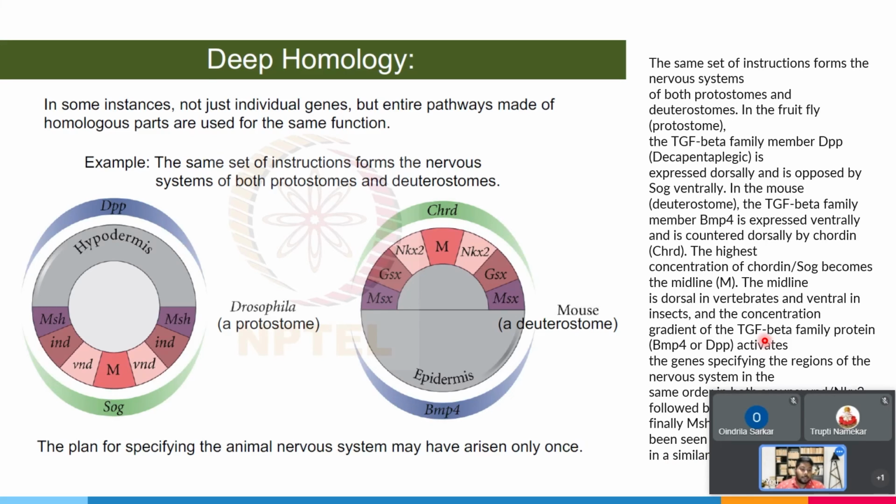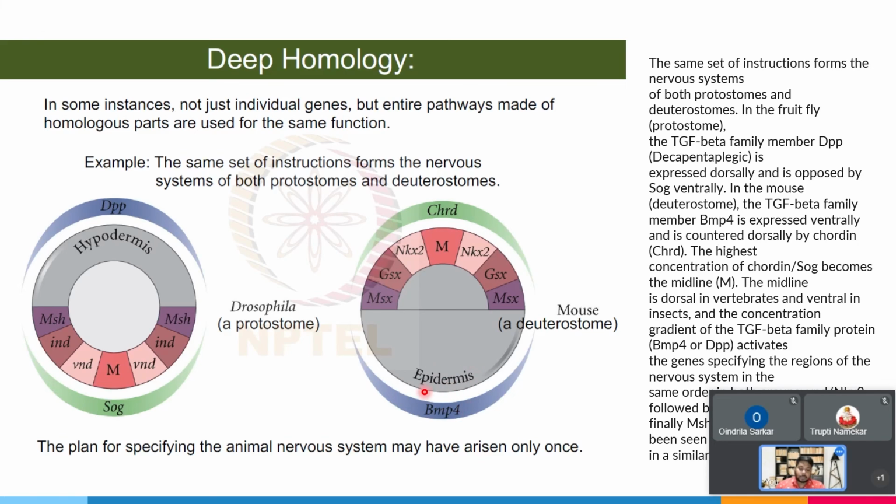So this is explained right here, how the highest concentration of SOG gives rise to the midline, and lowering concentration gives rise to VND, IND and various other genes. Similarly, the highest concentration of cordon gives rise to the midline, lowering concentration gives rise to NKX2, GS6 and MS6, and the opposite happens in case of DPP and BMP4, which gives rise to the dorsal